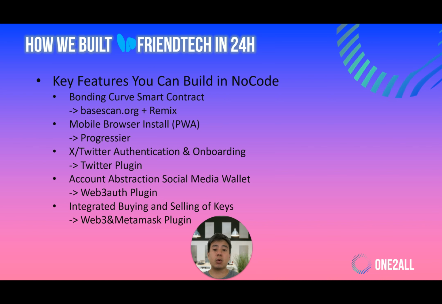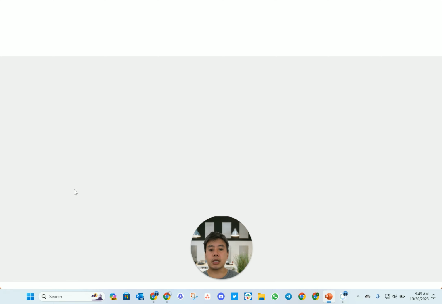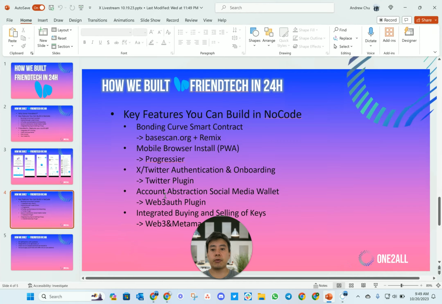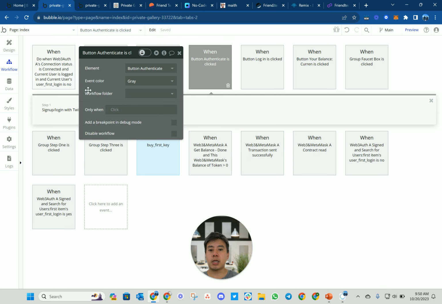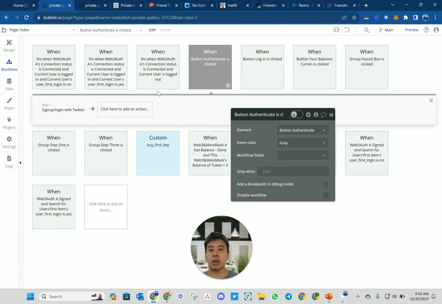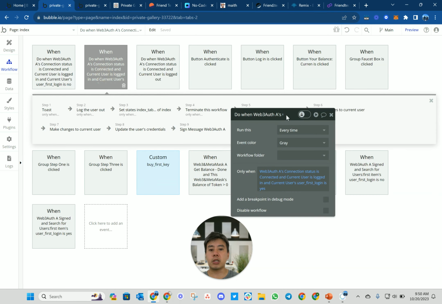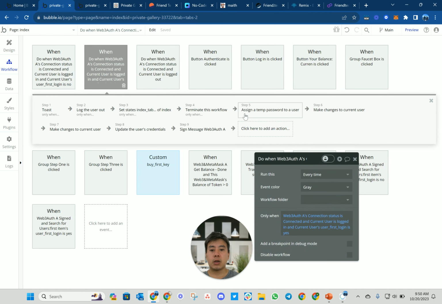And then at the end of the day, what we actually will want going forward is for the Web3 Auth plugin to drive that login process, right? So we'll step through a little bit of how we do that. But in terms of the Twitter process, we have this authenticate button. And once they hit authenticate, it'll log them in with Twitter. And let's say this is the first time they're logging in. We will